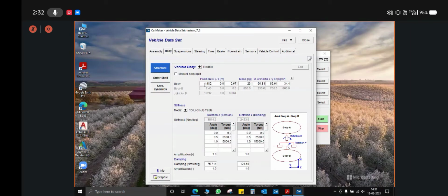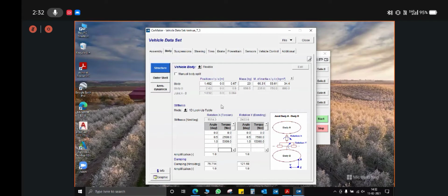Wherever across this vehicle dataset tabs in any of the subsystems you come across the characteristic value or 1D lookup table mode, we recommend you to select 1D lookup table. That is because the more node points you define, the more accurate your vehicle model is going to be.